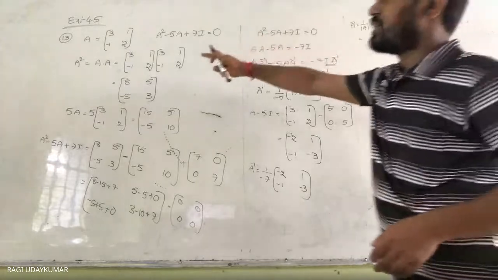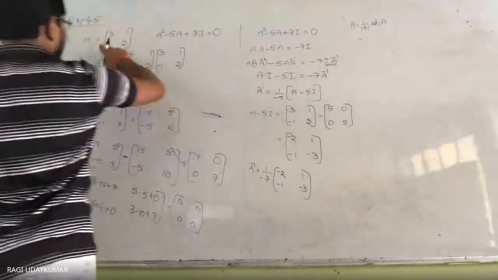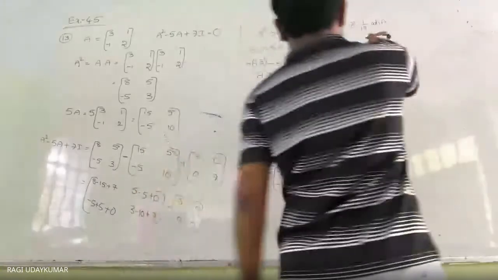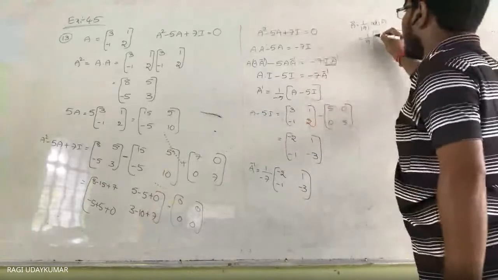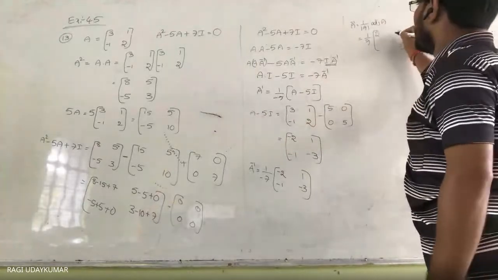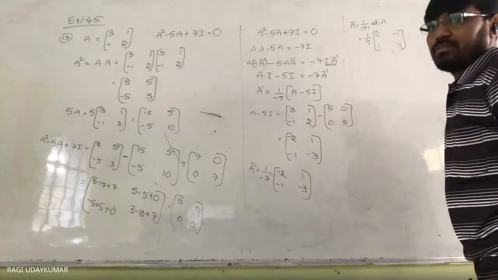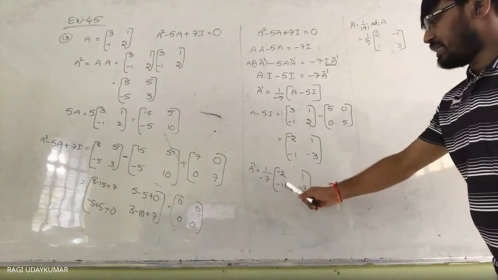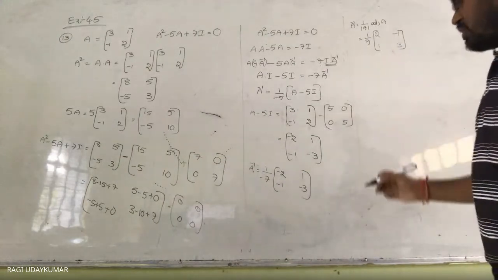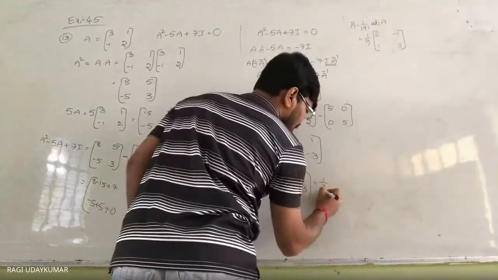So what is the determinant of A here? But here we are getting 1 by minus 7. Okay, we may get that. Minus 7, if you multiply inside, the same result we are going to get. So here the determinant of A is 7, so 1 by 7. What is the adjoint of a 2 by 2 matrix? The diagonal elements should be interchanged. The remaining elements should be multiplied by minus 1. Here, this one and this one, both are the same or not? If you multiply by minus, these three become positive and this becomes negative. So see here, yes, our answer is right.